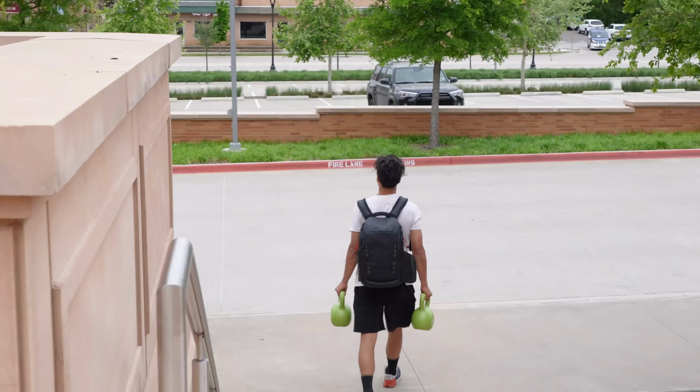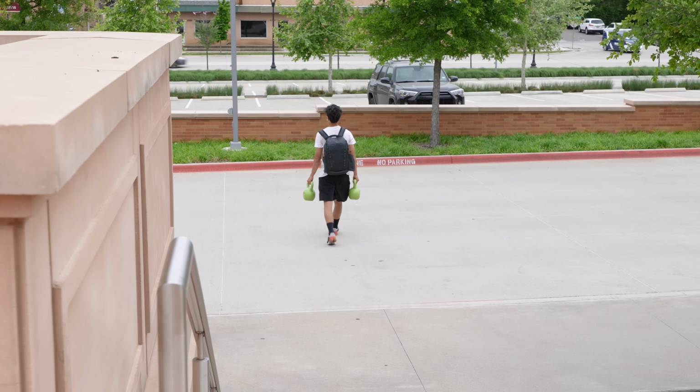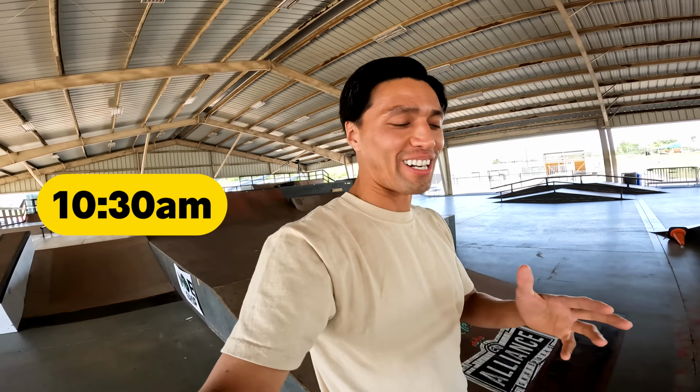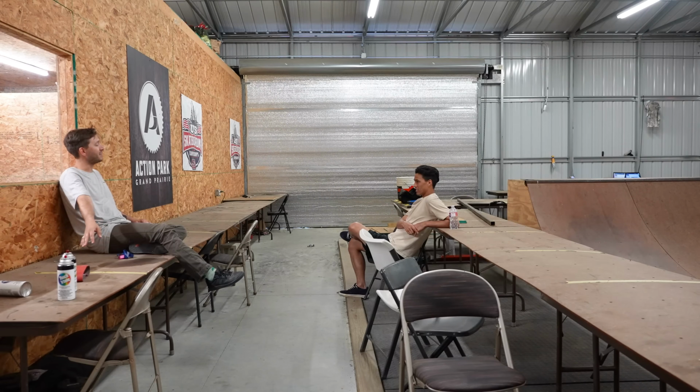And now that I'm exhausted, beat, and tethered, let's go check out Alliance Skate Park, AKA the poor man's Woodward. Welcome to Alliance Skate Park. This is an indoor skate park here in Texas. There's also an outdoor section, and I'm going to tinker around a bit sore, but I'm just here earlier than it opens with the owner, and we're gonna hang out and meet up a bit, talk a bit,